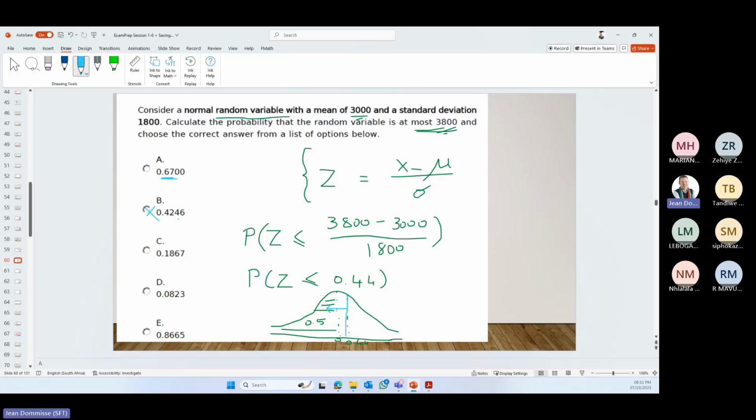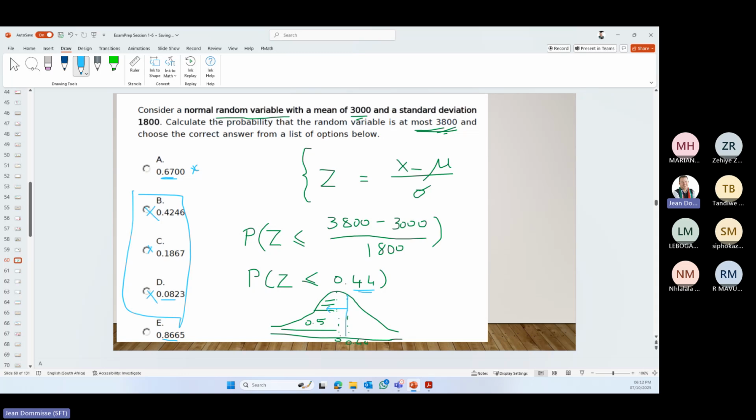Okay, that is not more than 0.5, so B is not the option. Not more than 0.5, not the option. Not more than 0.5, not the option. 0.86 is more than 0.5. So again, we eliminated 3 of them just because we could see on the picture that it needs to be just a bit more than 0.5. So then just a bit more, probably rather 0.67 than 0.8665, but let's go to the table.